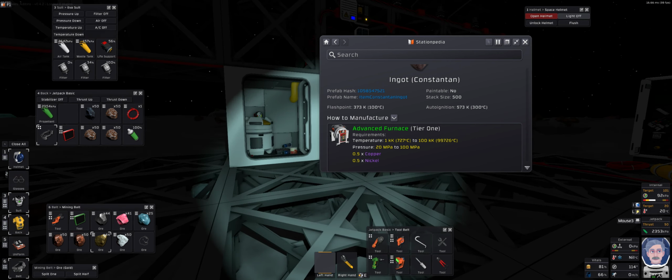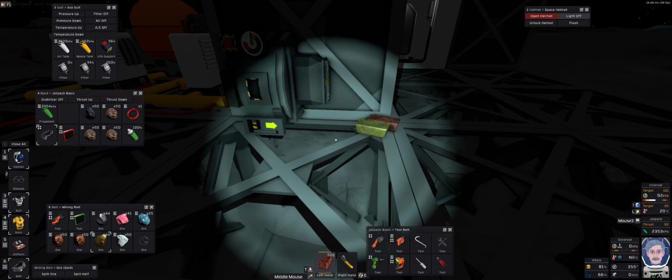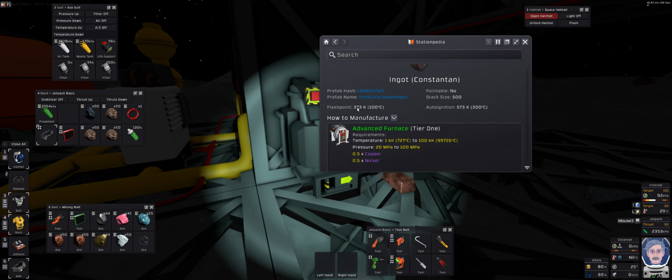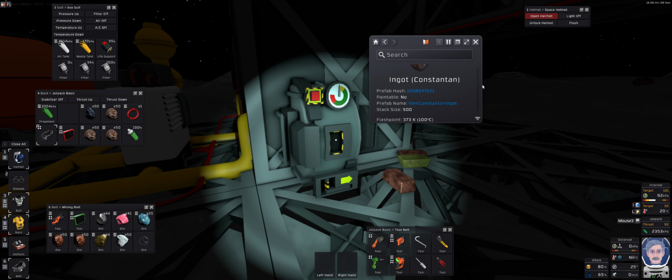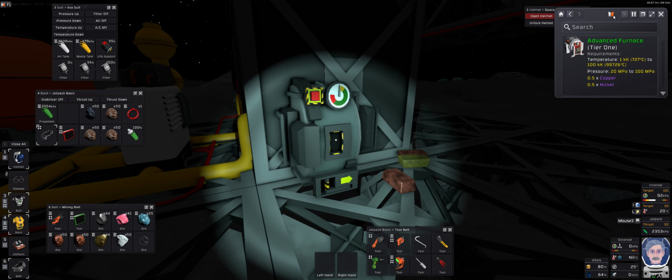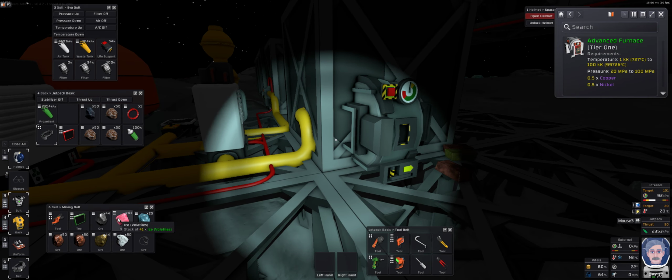So copper and nickel. Do I have any copper ores? No, but I can use an ingot. Alright, so let's try with that one first. Oh, let's see. So this is Constantan. This is what we're going to want. 720 to 20 megapascals. Let's give it... I'm going to say 20 and 10. Half of that, and...